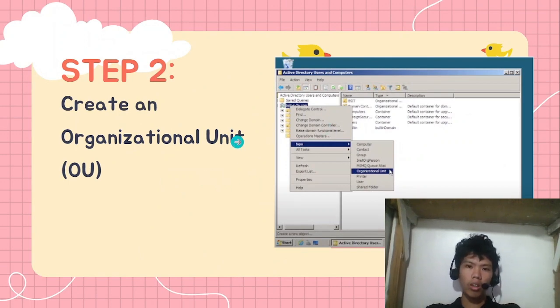So to create an organizational unit, after going to the Active Directory users and computers, just right click the name of your domain, then you can find new, then organizational unit. So you need to create an organizational unit so that you can determine the permissions that's set for them.